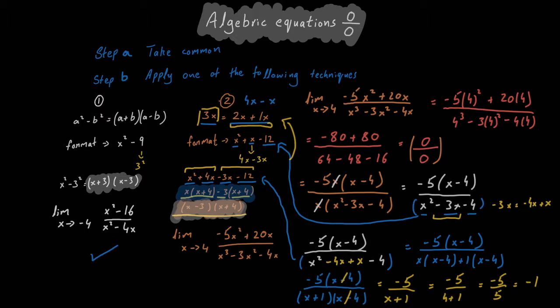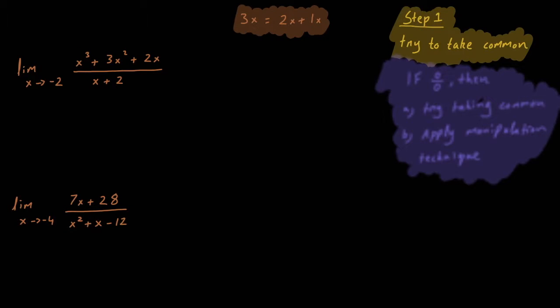Let's try doing some practice questions for this manipulation technique. Question 1. Find the limit as x approaches negative 2 of x cubed plus 3x squared plus 2x divided by x plus 2. The first step is simply substitution, so let's do that. Negative 2 cubed plus 3 times negative 2 to the power 2 plus 2 times negative 2, divided by